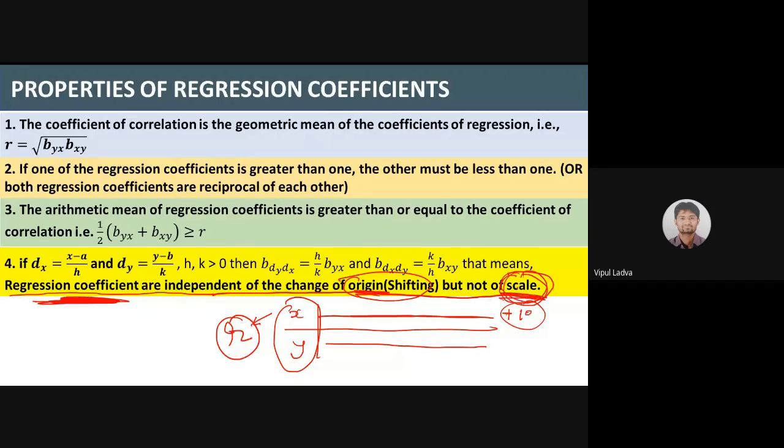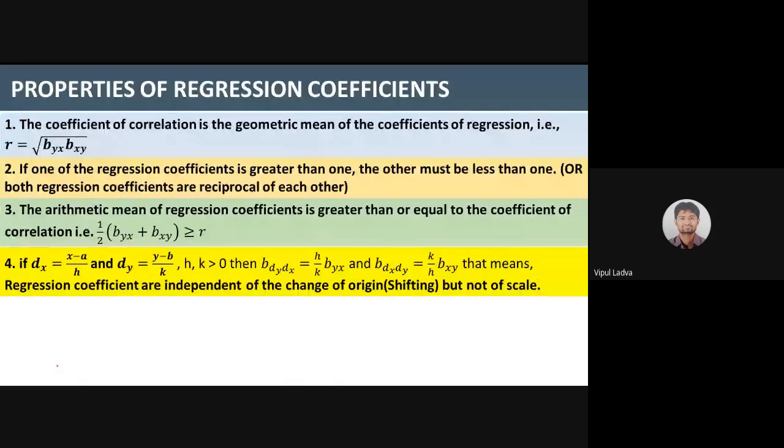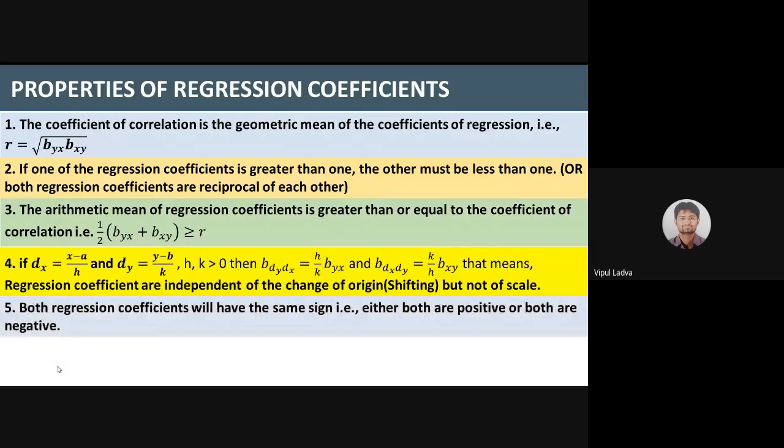ये भी याद रखना है, ये आपको सिर्फ एमसीक्यू में पूछा जा सकता है, और ज्यादा इसके लिए हमारे सिलेबस में टॉपिक्स नहीं है, पर ये आपको याद तो रखना है। And fifth, both the regression coefficients will have the same sign, either both are positive or both are negative. It is not possible that one of the regression coefficients will have a positive sign and the other a negative sign. ये नहीं हो सकता।